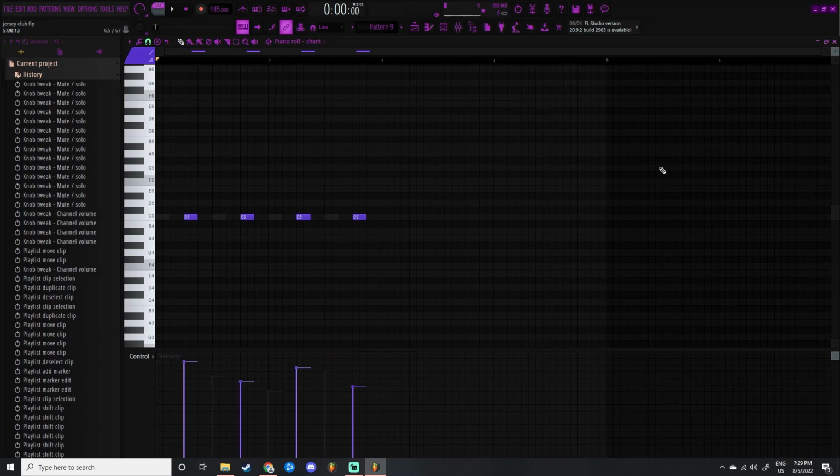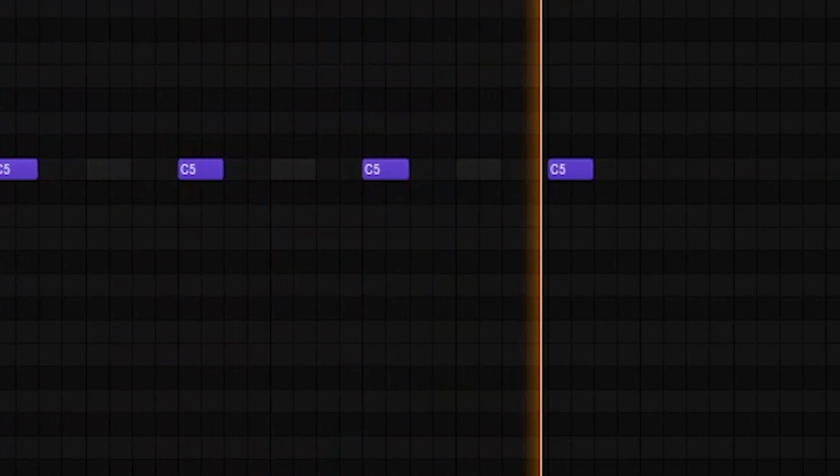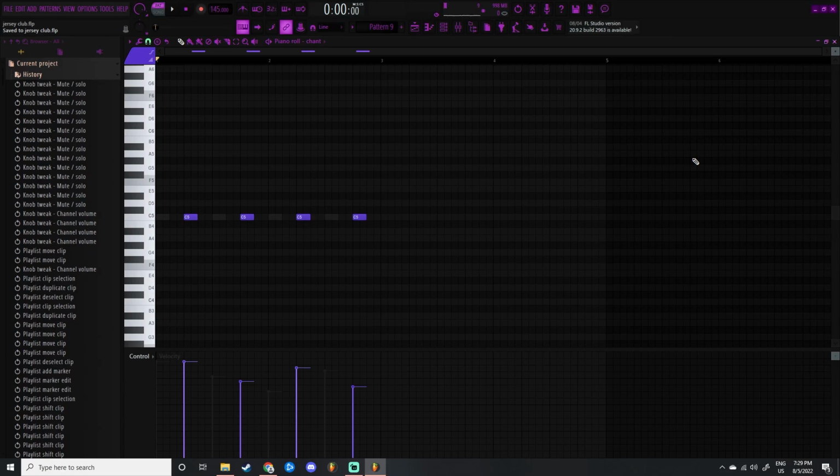Then, guys, we come to the chant part of the beat. Chants are very important for Jersey club beats. So this is the first chant that we have. As you can see, I am playing around with the velocity a little bit. Not 100% necessary, but I do encourage you guys to do that if you want to make your